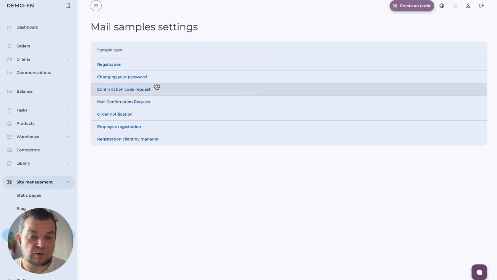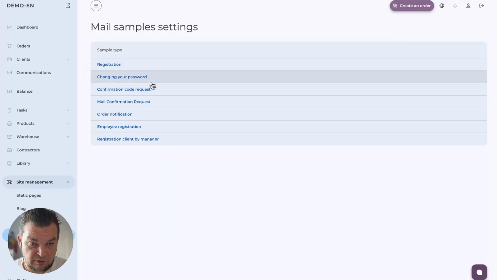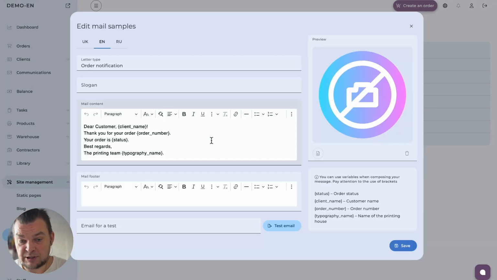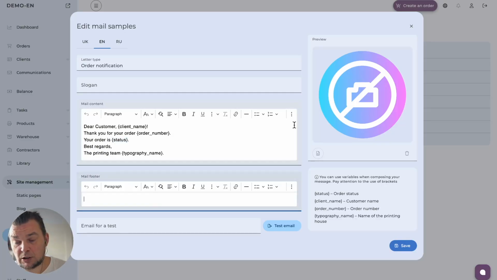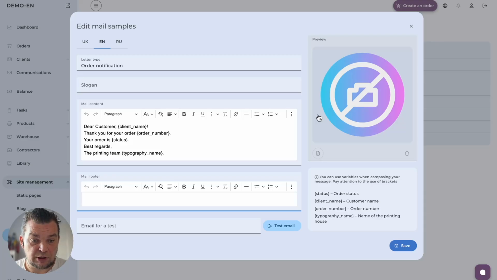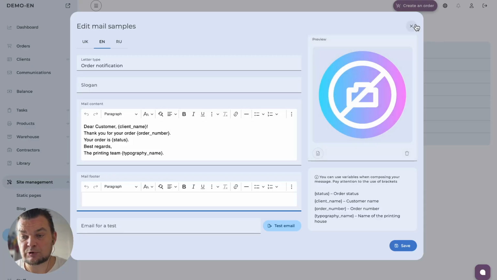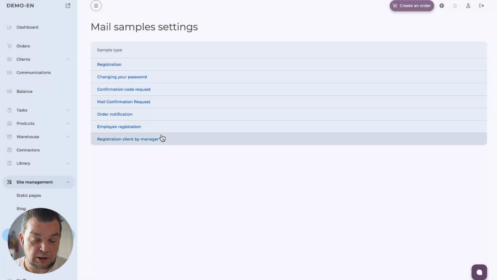Templates. These are the email forms that are sent out to your clients. For example, this is a notification regarding the status changes for your order. Additionally, there are variables available here for your use. In this way, you are able to customize the visual appearance of the email message that will be delivered